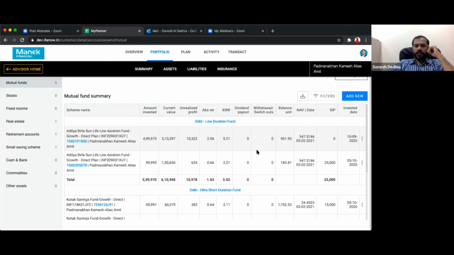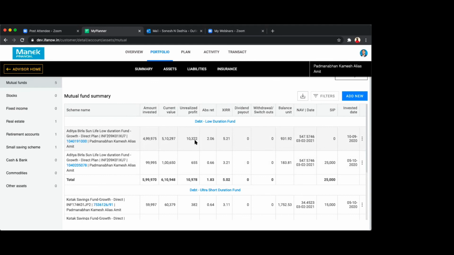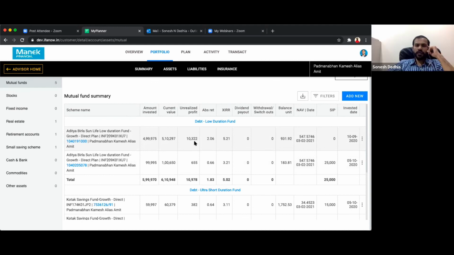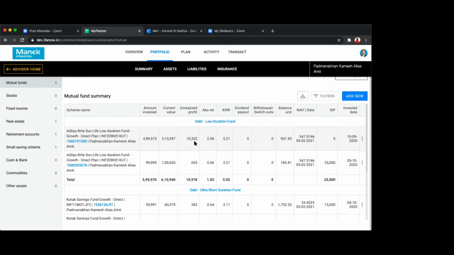So in this case, isn't it that when there is a dividend reinvest, automatically the number of units go up and the NAV is different? Yeah, see, that is automatically there. Dividend reinvestment is there in the amount invested, suppose, but it is not reflecting as dividend payout. So you will not come to know the 4 lakh rupees was the original investment and 1 lakh rupees was dividend reinvestments.